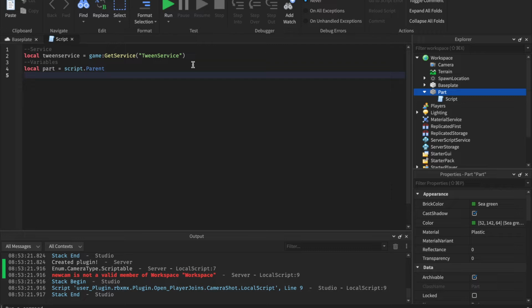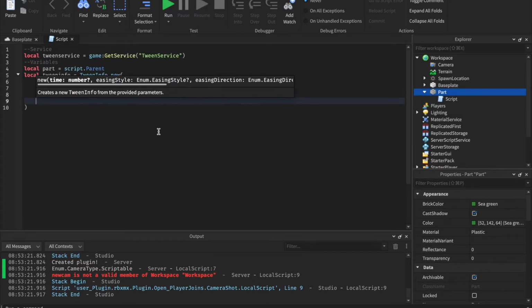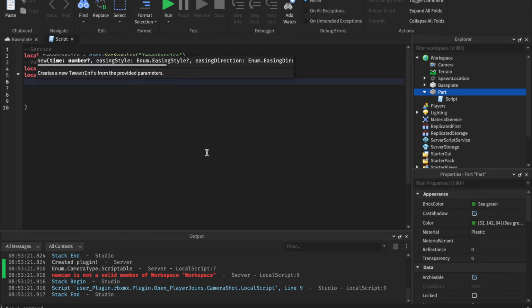So we can write local tweenInfo. But don't make this exactly like it because there's another thing called TweenInfo, which is a part of Roblox Studio. As you can see, there's something called TweenInfo. Now you write TweenInfo.new. Now let's just skip a few things. And now inside here, inside the brackets, we'll have to write